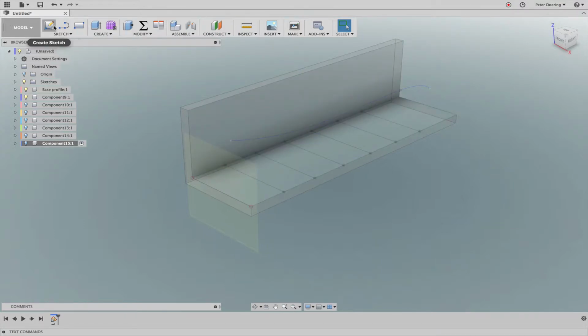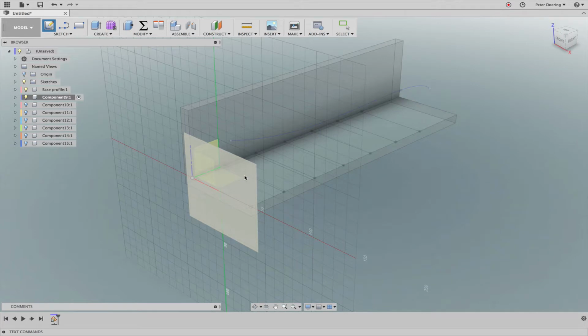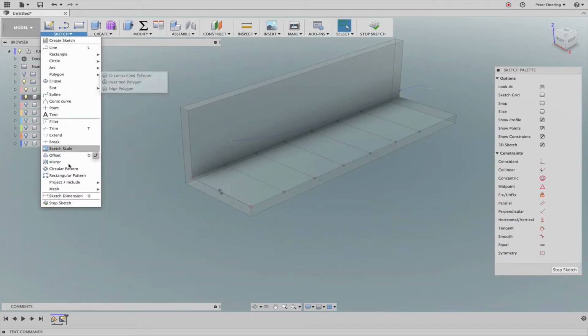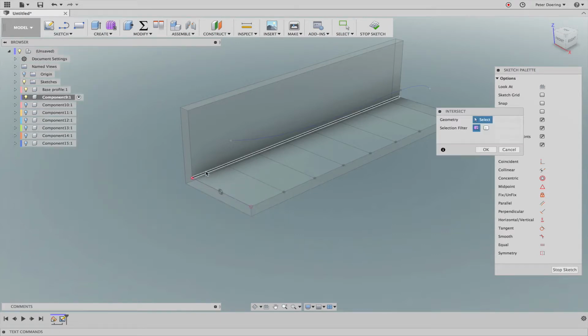I'm going to simply start a sketch. I need to activate that component. This is the first component. I'm going to create a sketch on that construction plane, and I'm going to sketch, project, and intersect this line and this line. That creates those two corner points,